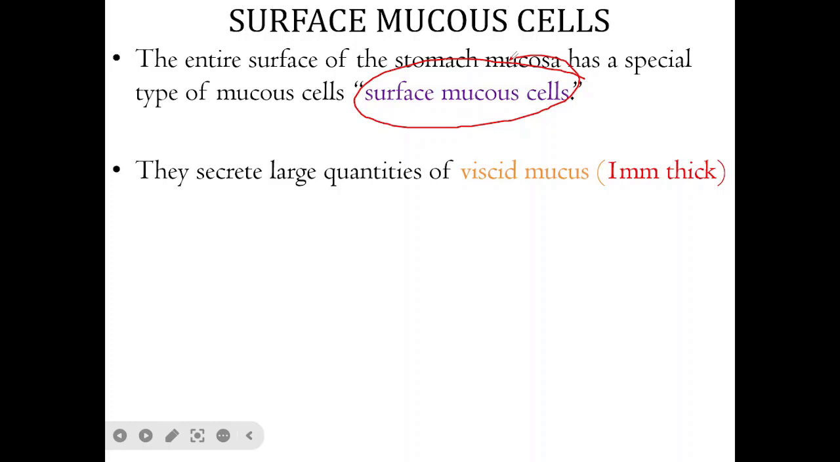thick mucus up to 1 millimeter thick. You see, the mucus formed by the surface mucus cell is somewhat thick, up to 1 millimeter thickness. So this 1 millimeter thickness of mucus inside the stomach is important to protect